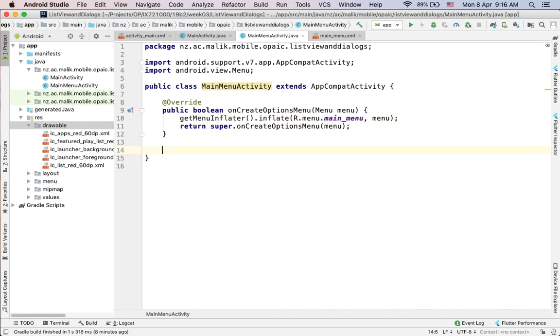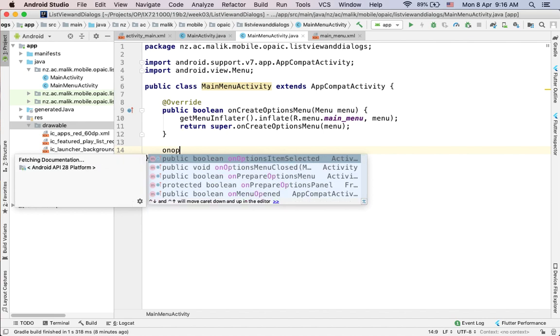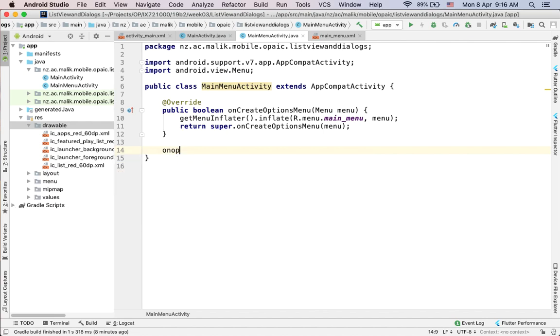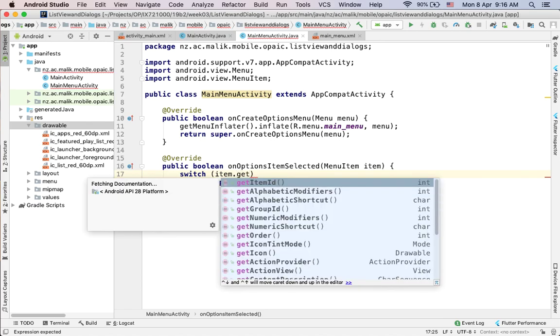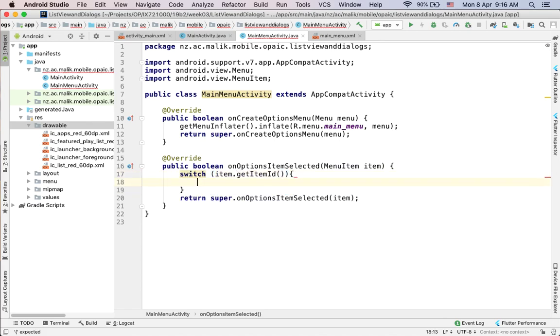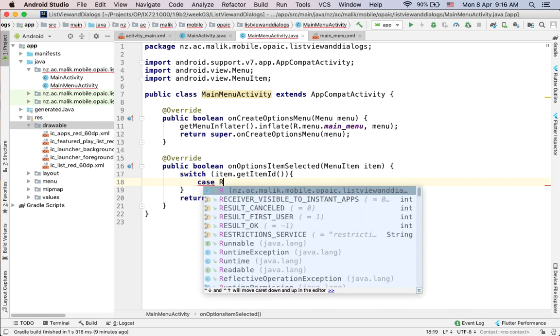Fine. And then we also have that on options item selected. Yep, again it is sending that particular specific option item, and then you know that we can just create a switch statement, and then we have item dot get item ID, and then on that particular specific switch. So again we say case R.id dot